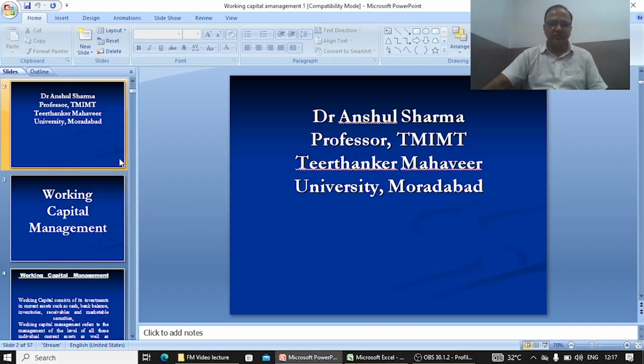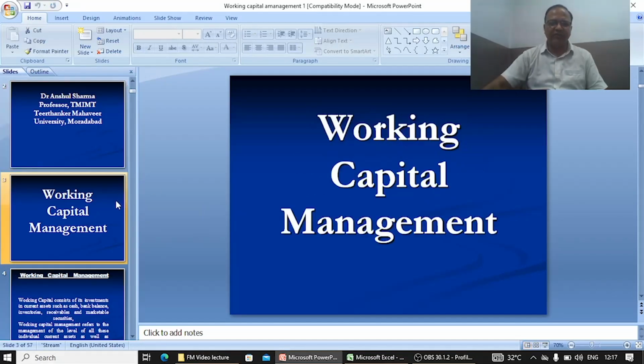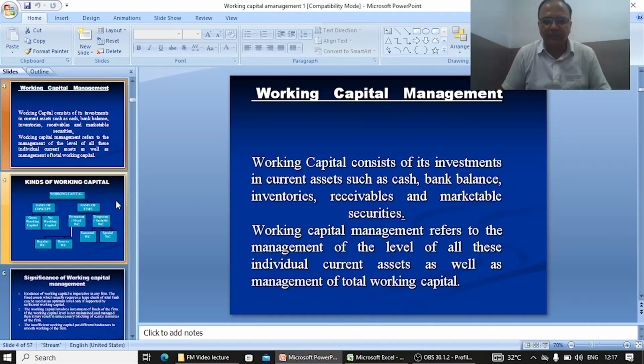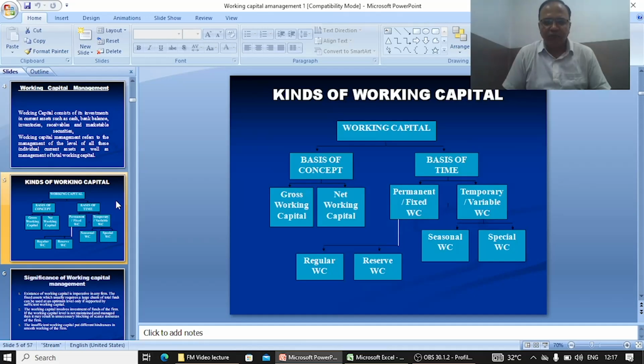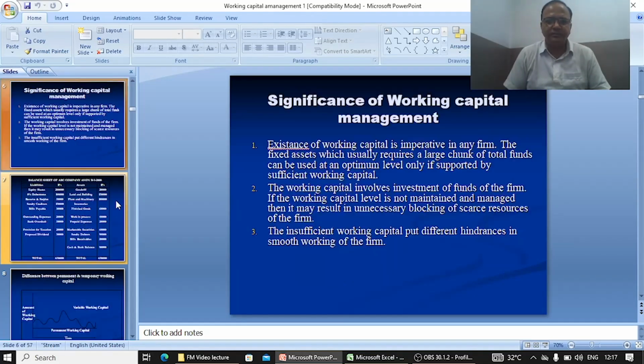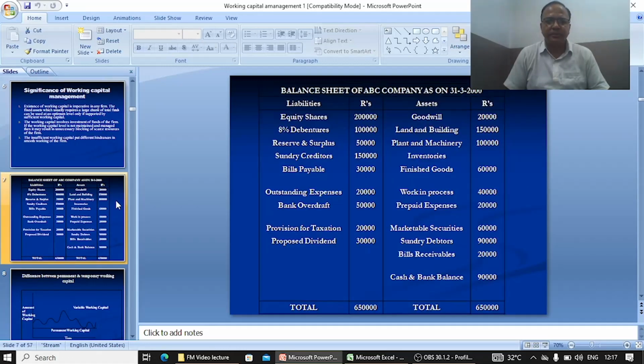In the last session, we discussed the meaning of working capital, how we can manage working capital, the kinds of working capital, the significance of working capital, and after that we discussed this balance sheet. In this balance sheet, I have made it clear to you that